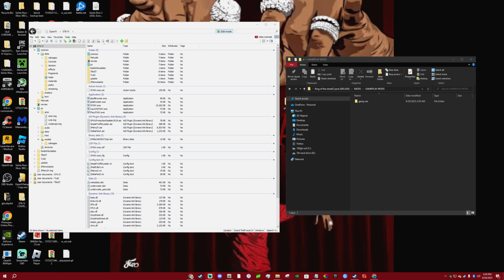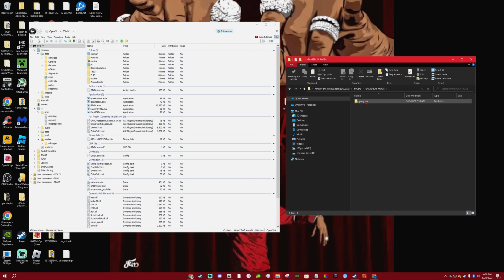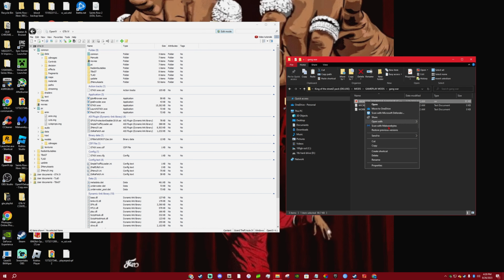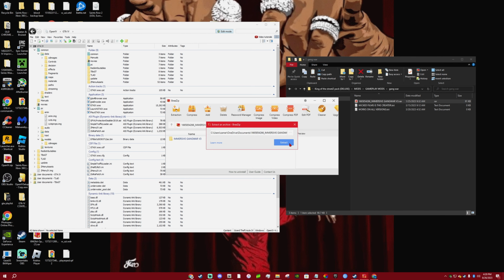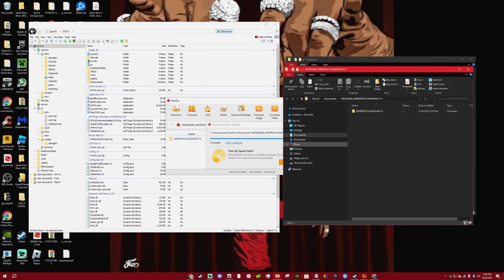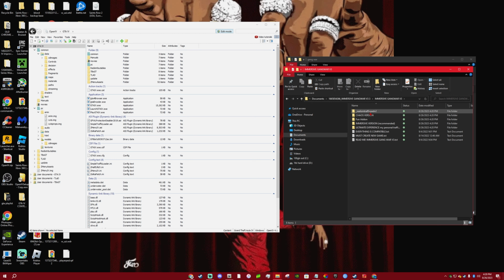Okay, gameplay mods. Now these mods right here are the mods that make the NPCs shoot at each other. The different gangs shoot at the police and different things like that. So you want to go here, you want to right click on it, you want to extract it. And this mod is created by Wicked Films on YouTube. He has a lot of gameplay of it on his channel if you want to check that out.